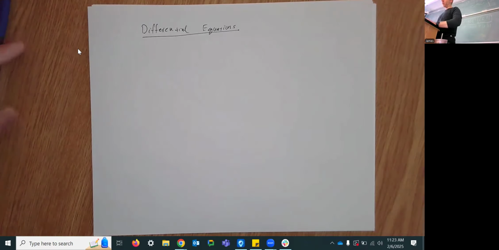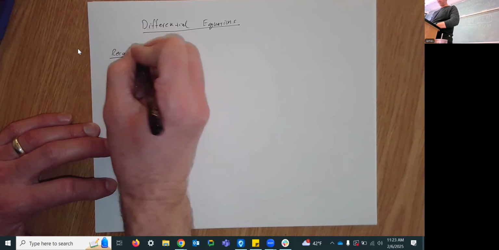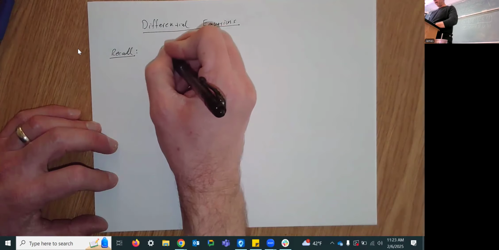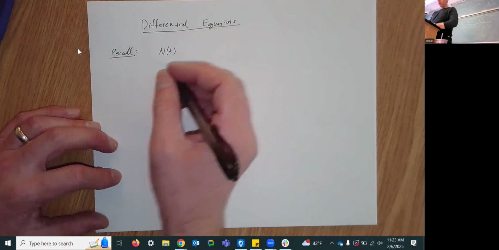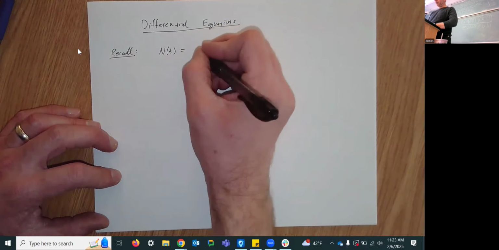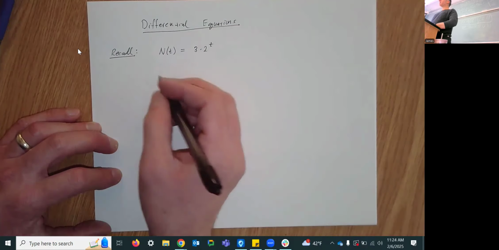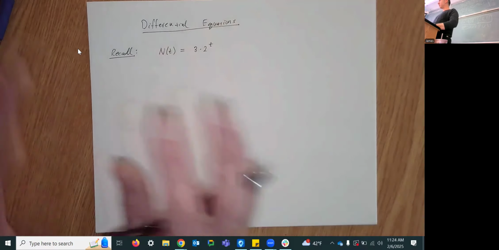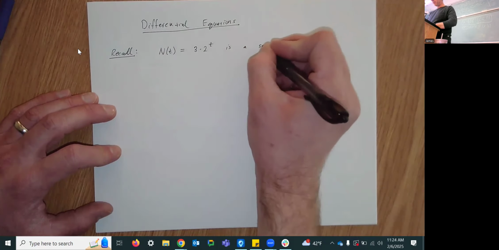So let's harken back to the days of 17A. And I'll ask you to recall something that we did. I don't remember when we did it in 17A, but we definitely did it. So if you have some N of t, where N is like the population at time t, and it's equal to, let's say, 3 times 2 to the t, we can think of this as a sequence, right? We did some sequences back in 17A. I know, don't worry, we're not going to be doing sequences again, but I'll point out, you can think of this as a sequence